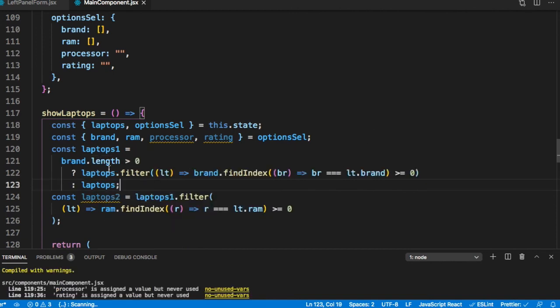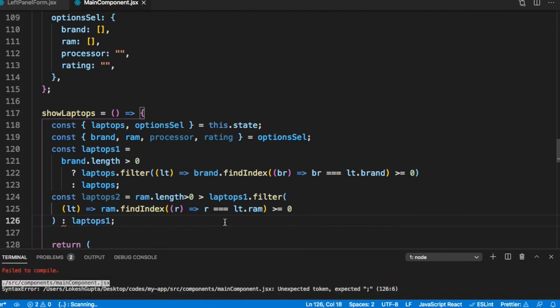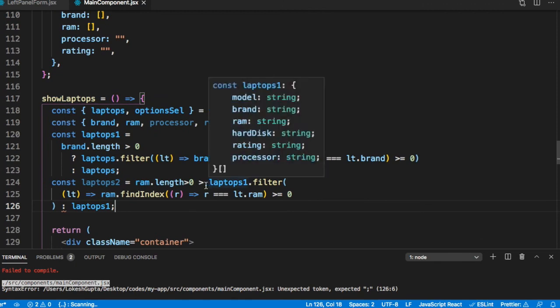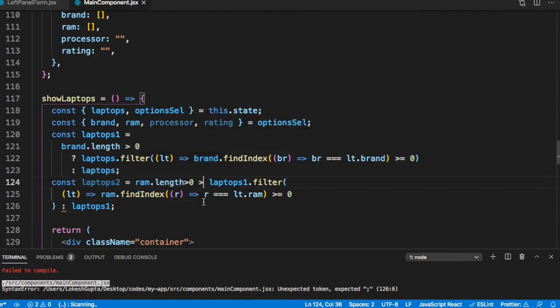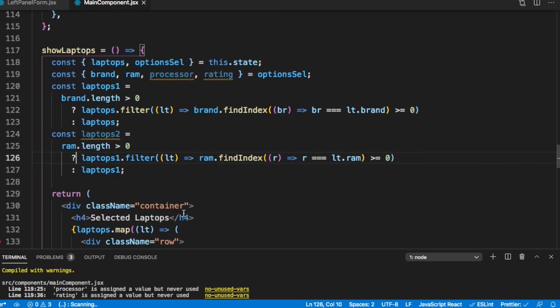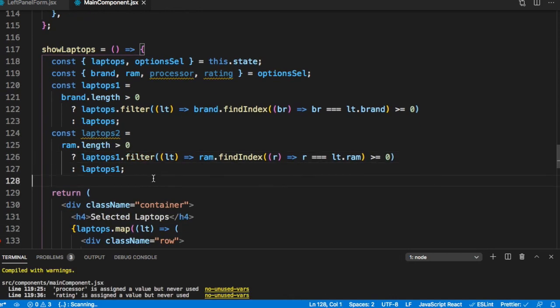So if brand had an entry, we need to filter on that basis. Otherwise, we don't need it. Similarly, in this case, we need to say RAM.length greater than 0, then we need to do this filtration. Otherwise, we will return laptops1. We don't need to filter laptops1. So these two filters are done now.